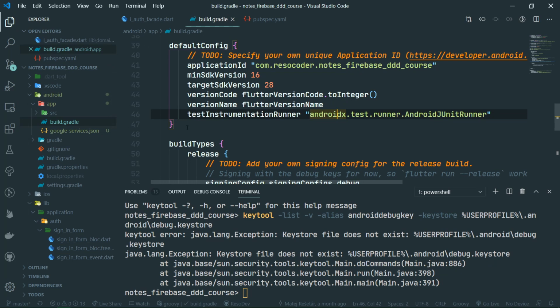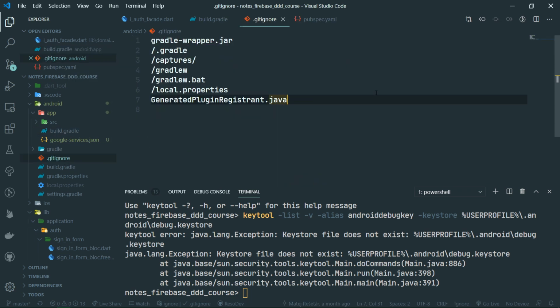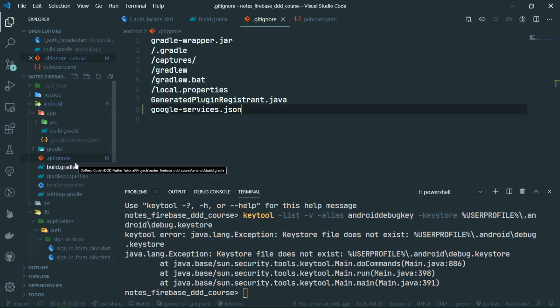So when we go to VS Code, we can see that we have the Google Services JSON file right here. Now, what's quite important to do is to add this file to gitignore for Android. So just go here and we're going to say google-services.json. Save this gitignore, which is present inside Android, and this way this will not get added to the Git